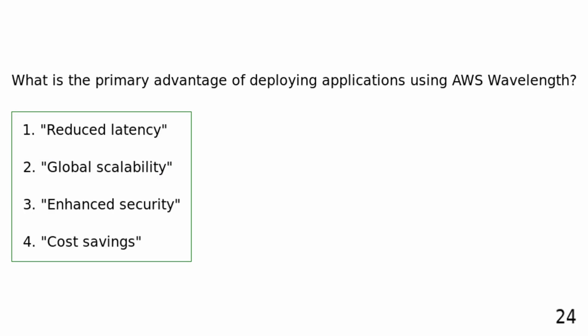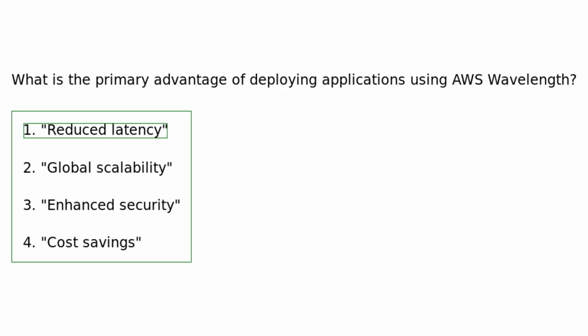What is the primary advantage of deploying applications using AWS Wavelength? Reduced latency. Global scalability. Enhanced security. Cost savings. The primary advantage of deploying applications using AWS Wavelength is the reduced latency achieved by placing them closer to end